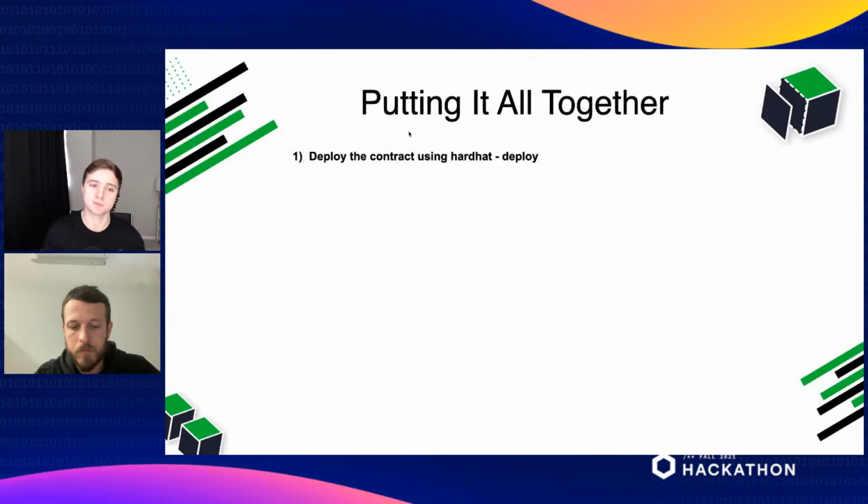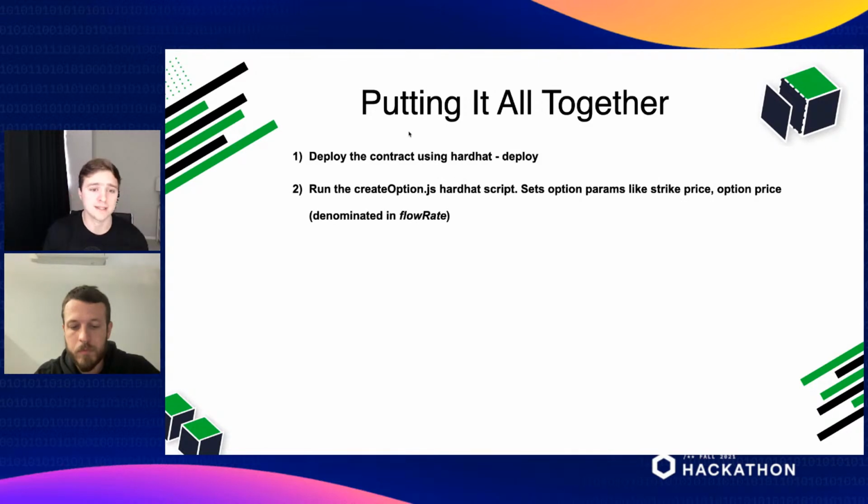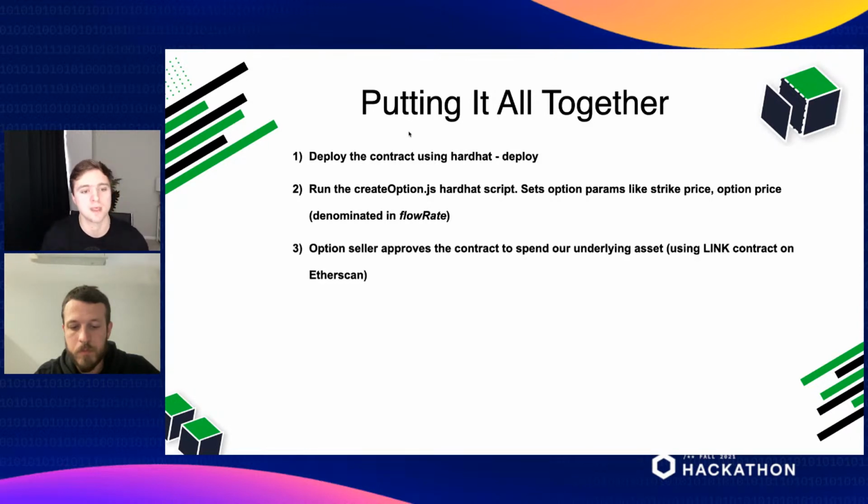here's what we did, right? We deployed the contract using Hardhat deploy. Then we ran the createOption.js Hardhat script that you're welcome to use as well after forking the repo. This will set the basic option parameters like strike price, option price, all that good stuff. Then we approved the contract to spend our underlying asset using the LINK token contract on Etherscan on the Rinkeby